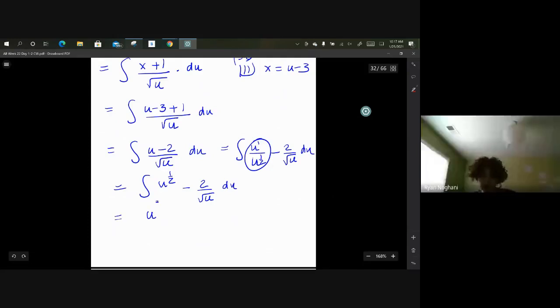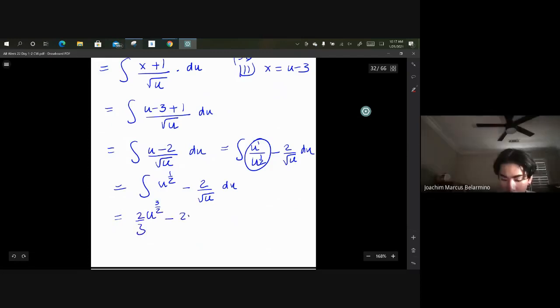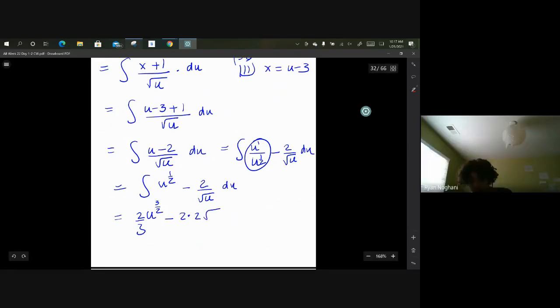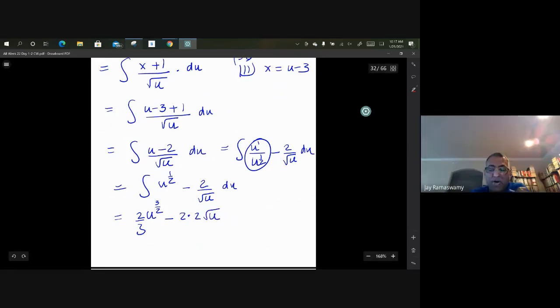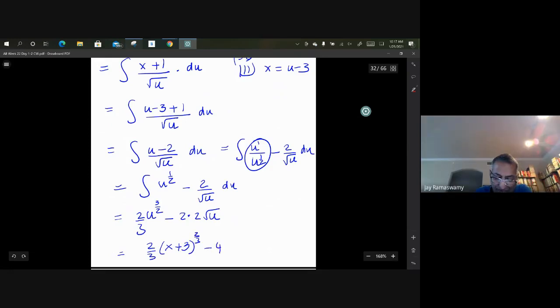U to the power of 3/2 over 3/2, which is times 2 over 3, minus 2. And what's the integral of 1 over radical u? 2 radical u. Now, can we plug in what was u after all? (x + 3) to the power of 3/2 minus 4 radical (x + 3) plus